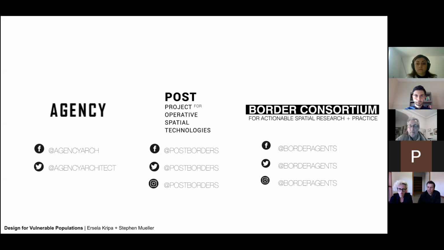Just a quick note, if you'd like to stay in contact or get involved, we've developed another entity called the Border Consortium for Actionable Spatial Research, which is supported here in our research center called POST, but is open to any US or Mexican or international designers or researchers who are invested in these kinds of cross-border investigations and